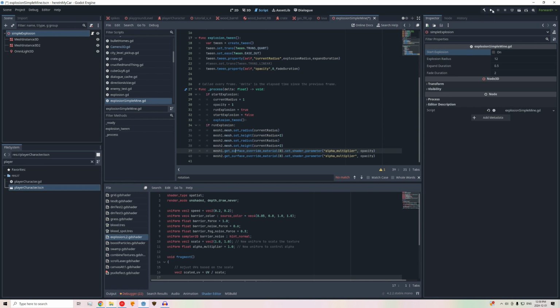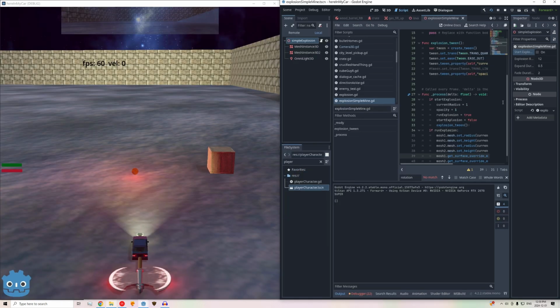So let's run this, and I'll go start explosion. Yeah, you can see. Very simple, but I kind